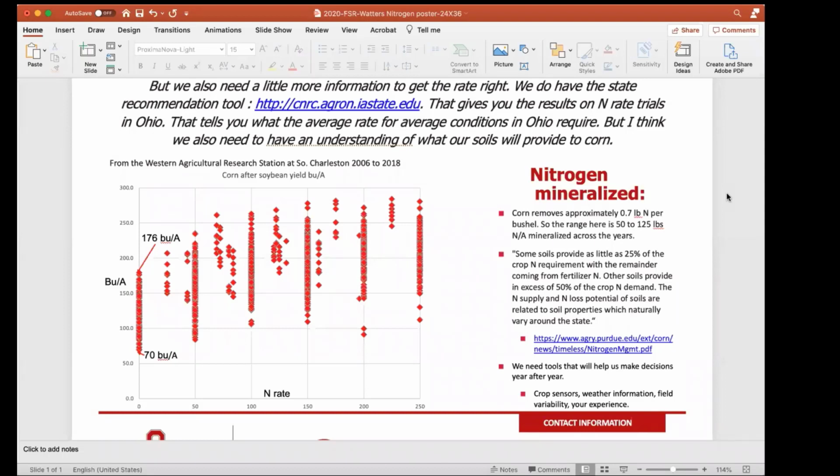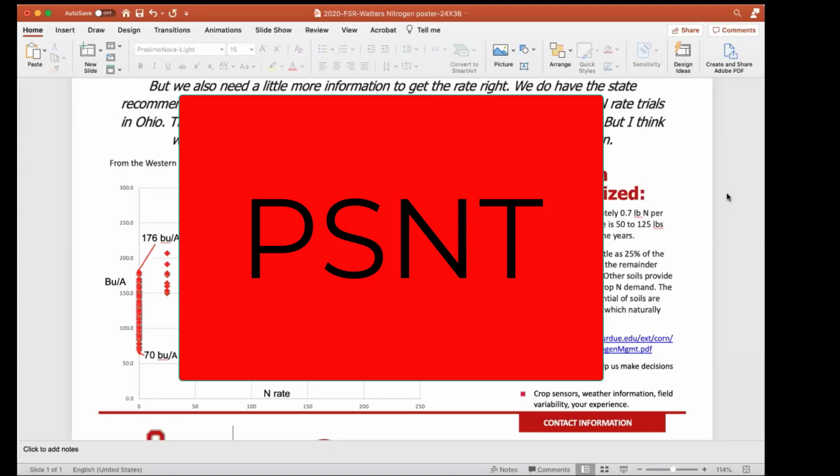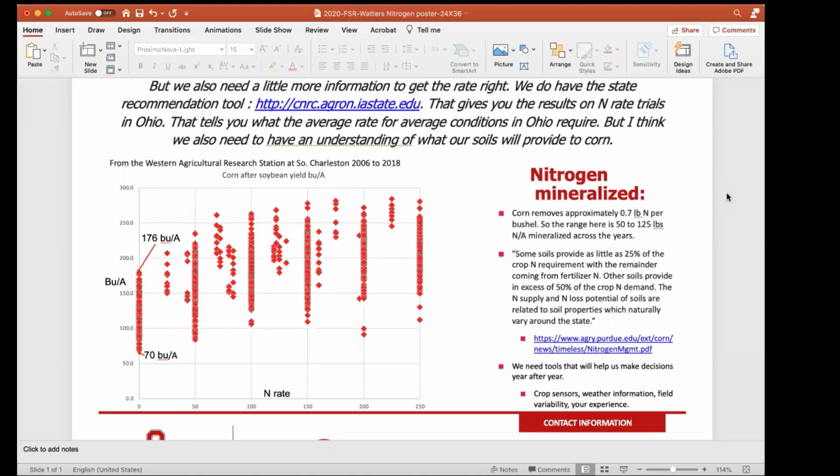And that's pretty normal. We don't see that change very much. If you come in after alfalfa or after manure, certainly that's going to look different. And that's why the PSNT, another tool, the pre-sidedress nitrate tool, can be used. But it really only works well if we've had alfalfa that we've plowed down or manure that we've incorporated to actually get some idea of how much nitrogen we have or how much nitrates we might have for use for